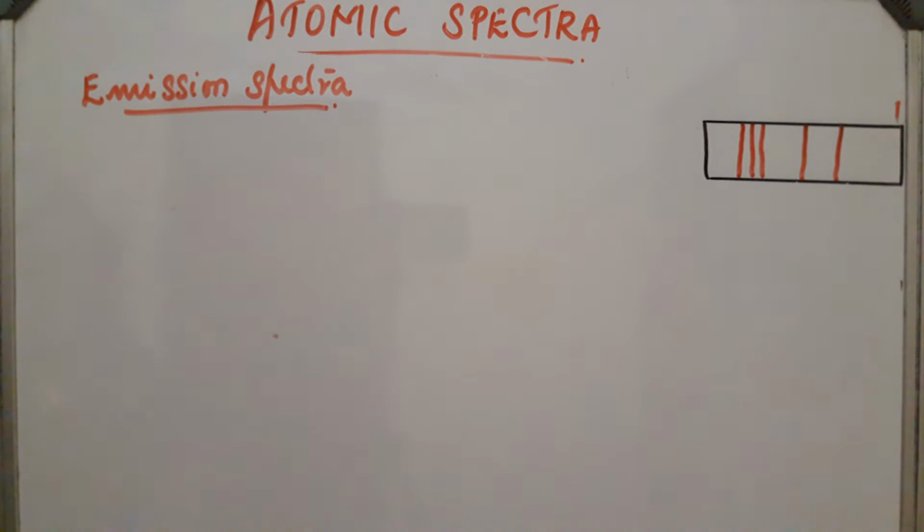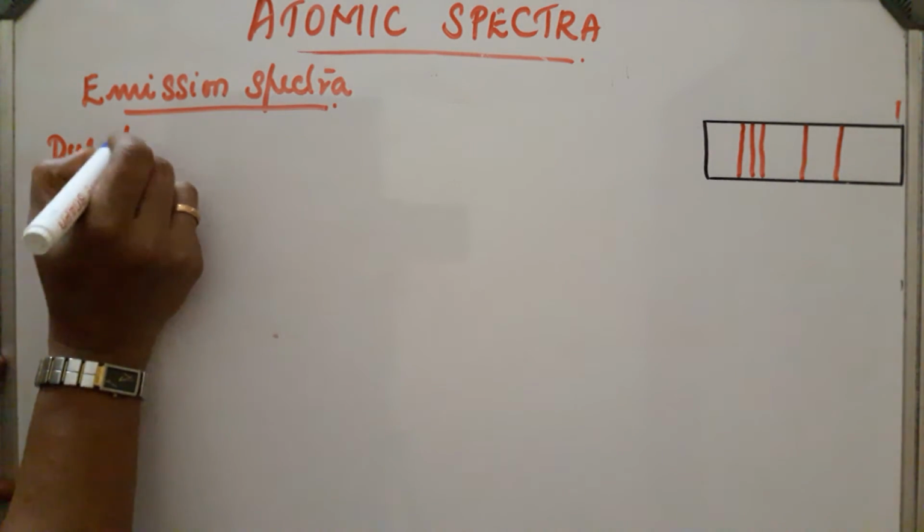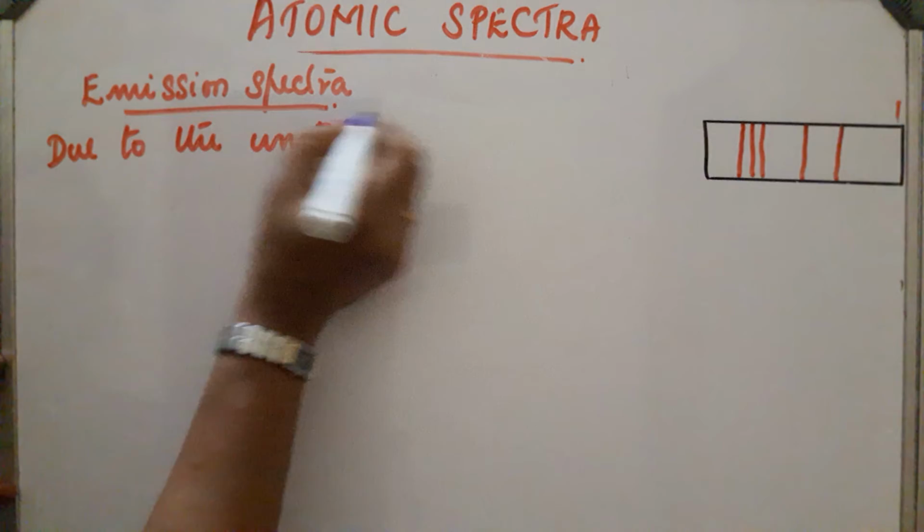Next, emission spectrum. When electromagnetic radiation interacts with matter, atoms and molecules absorb energy. Due to this absorption, absorption spectra are obtained. Okay, and they move towards the excited energy state. Since it is highly unstable, they return back to the lower energy level, due to the unstable excited energy state,